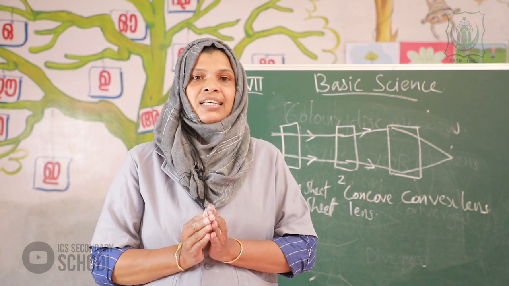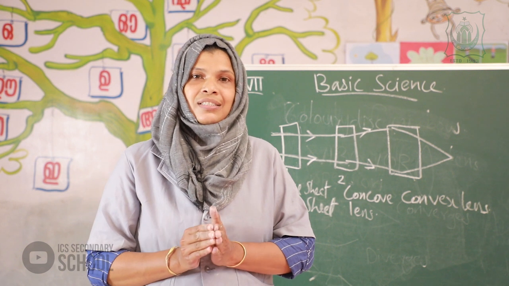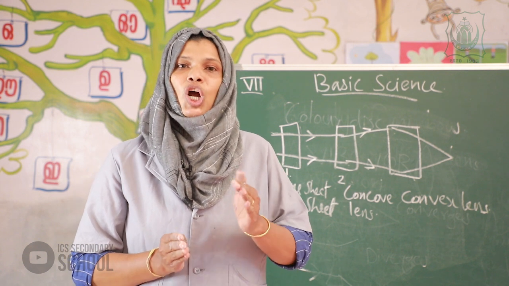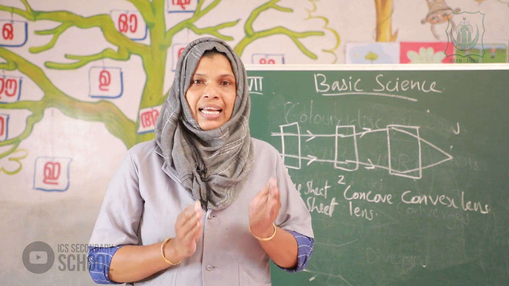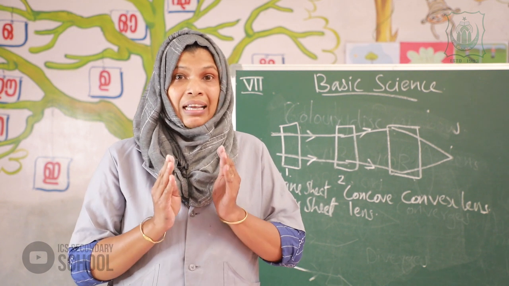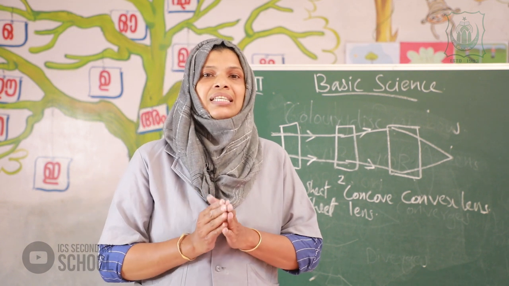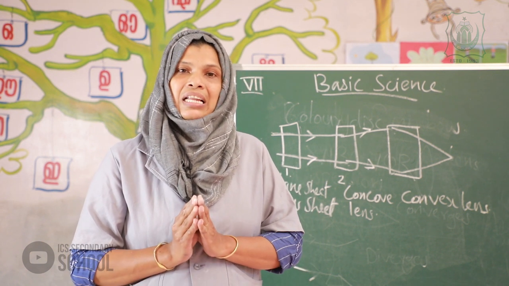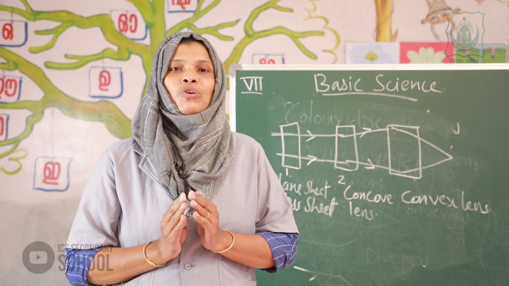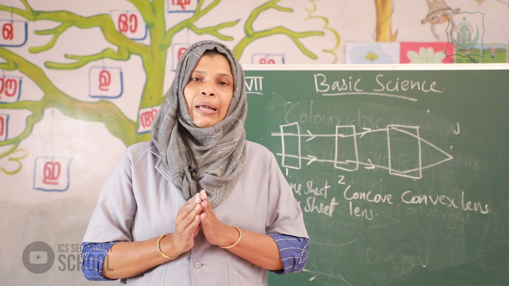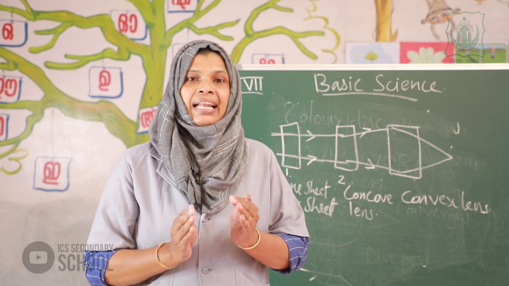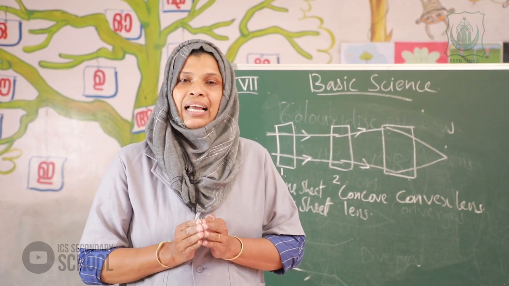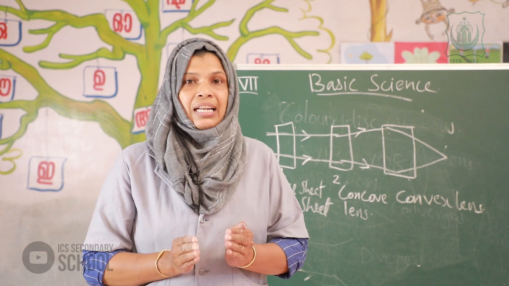First we studied lens. What is meant by lens? There are two types of lenses, convex lens and concave lens. A lens with a thick central portion and thin edges is known as a convex lens. A lens with a thin central portion and thick edges is called a concave lens. We can capture the image on the wall using a convex lens.